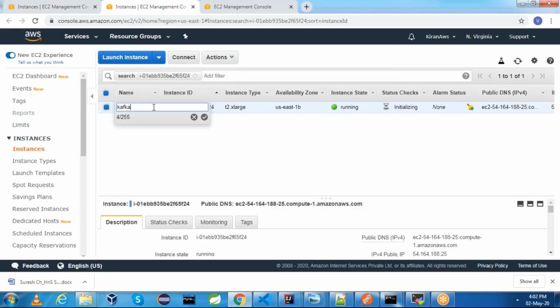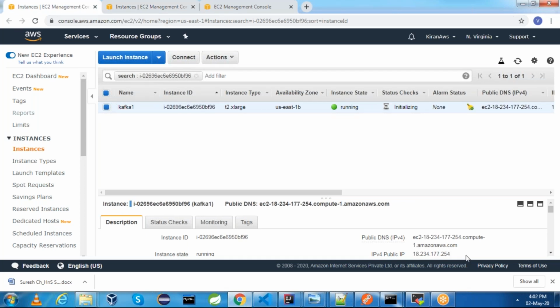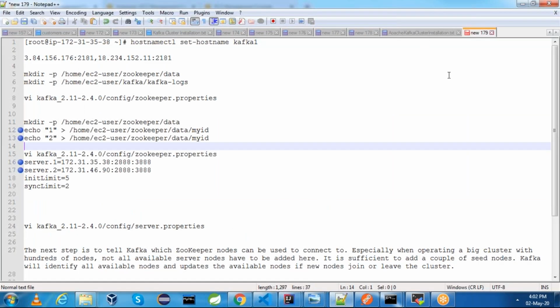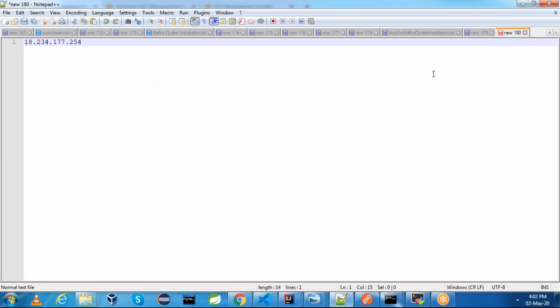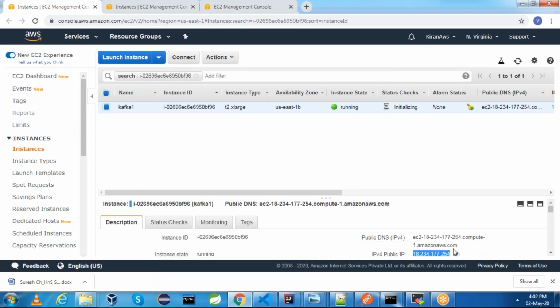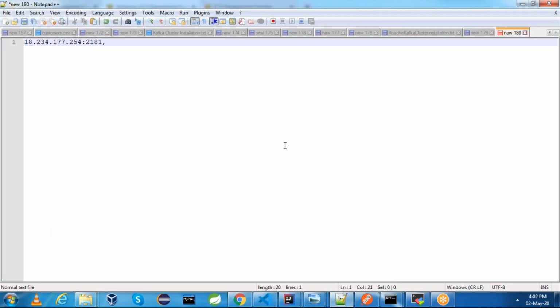This is just for my identification purpose. And then the next one is Kafka 2. And grab the IPv4 addresses of both the servers. This is server 1, and the next one is server 2.